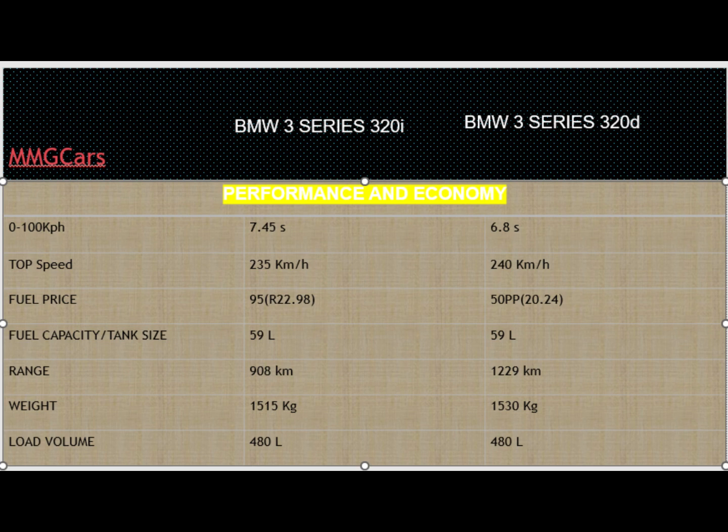Now let's go to the economy. For 95, the petrol cost 2 rand 98 cent, and for diesel it cost 20 rand 24 cent. Yes, let's look at the size of the tank. For the size of the tank, they both have 59 liters, diesel and petrol. But let's look at the range. For petrol, it will take on a full tank 908 kilometers, while diesel will take